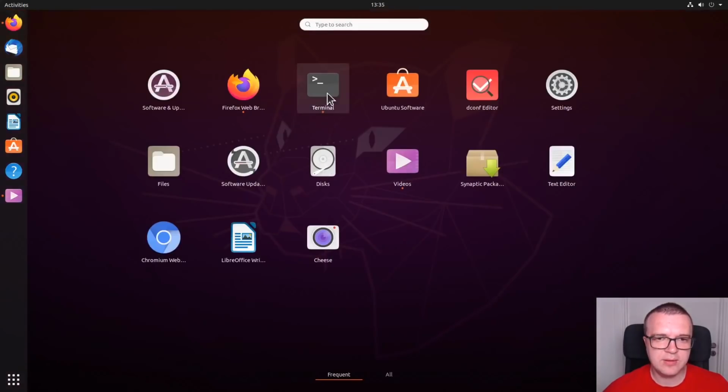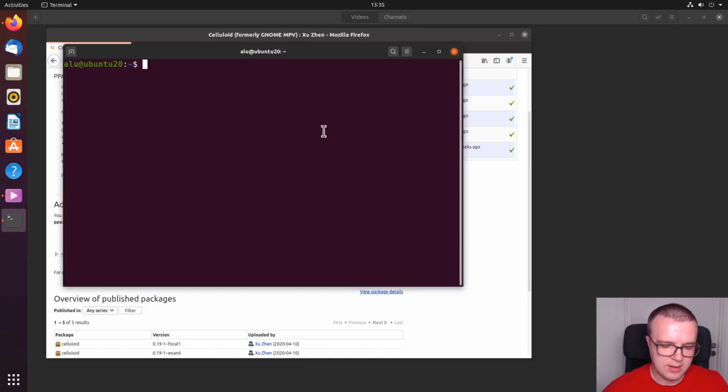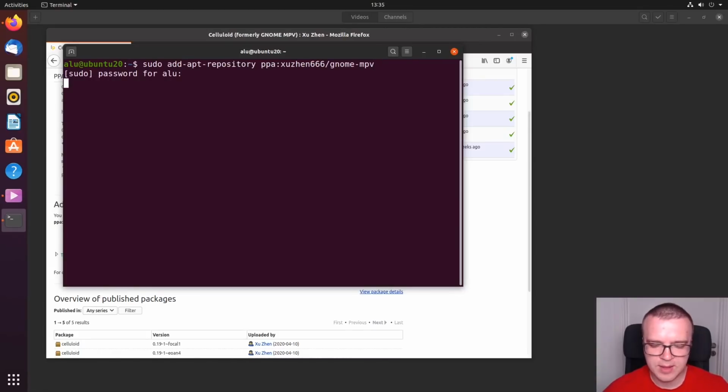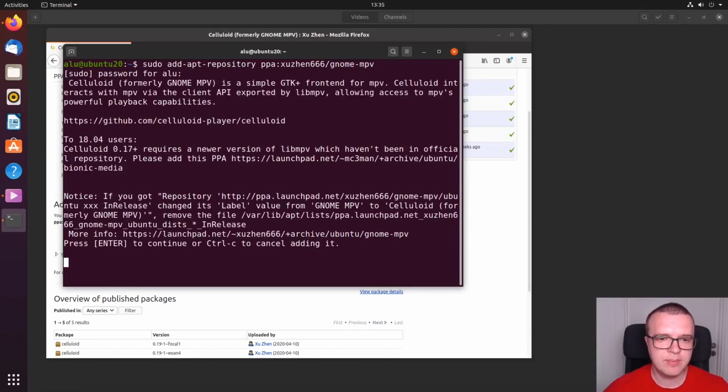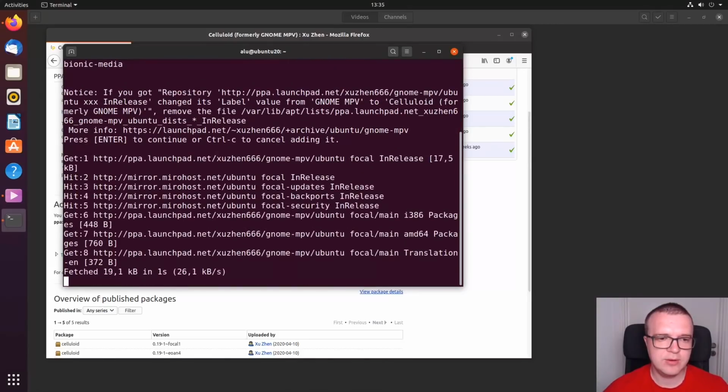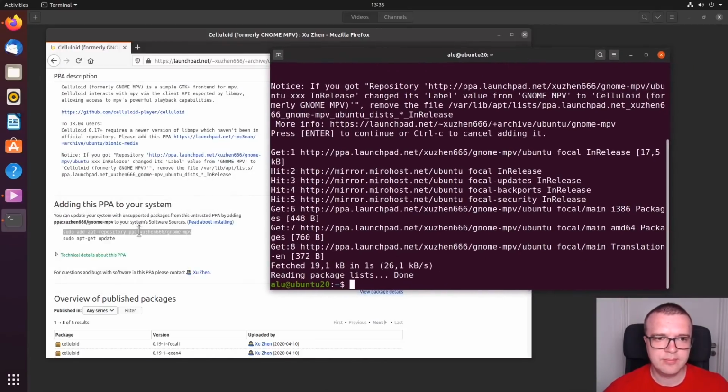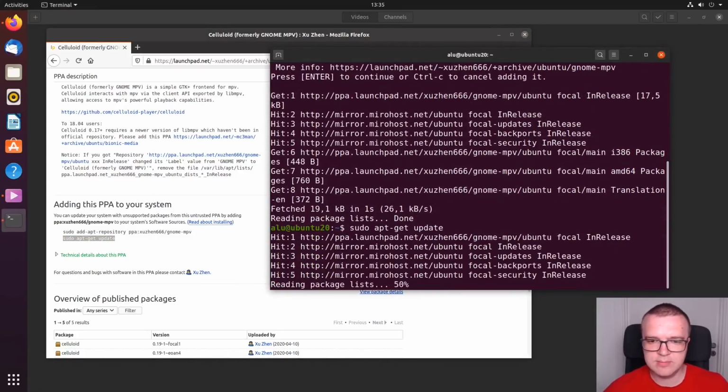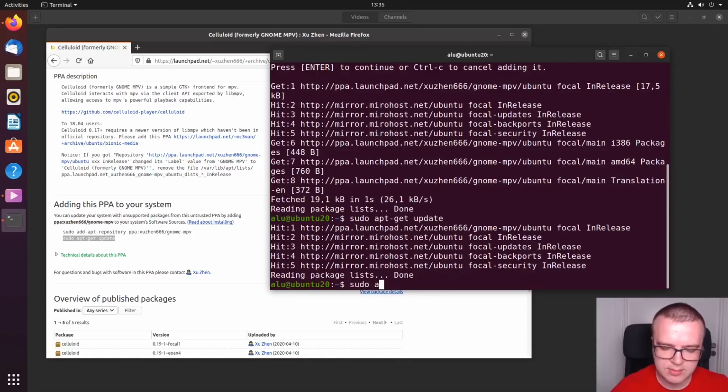You copy it, open terminal, press Ctrl-Shift-V to paste it, or you can use right click and paste, press enter, type your password, press enter to add this repository. Then you can just copy this command to update your system and type sudo apt install